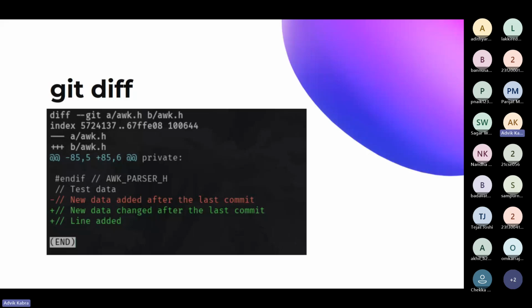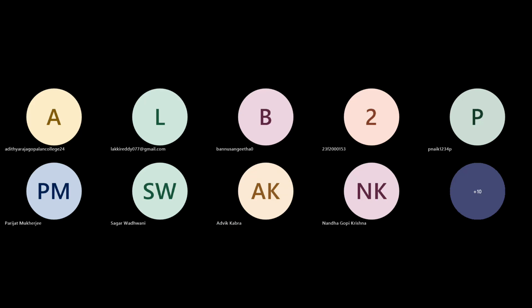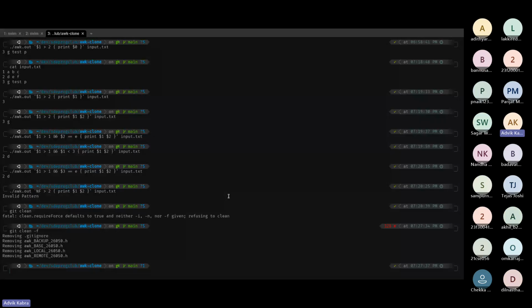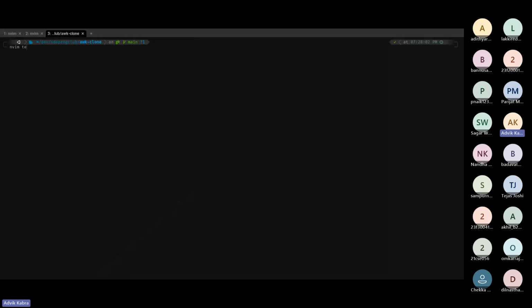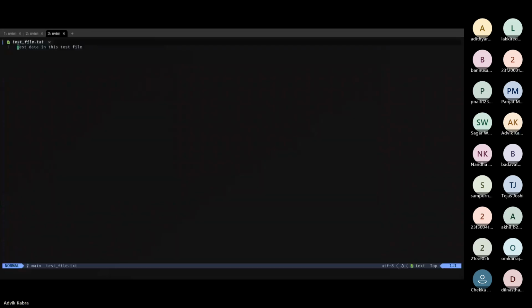Okay, I'll just show git diff. Yeah, here you go. So now I will just clear, right. Now I have one test file. So I am going to say add some data